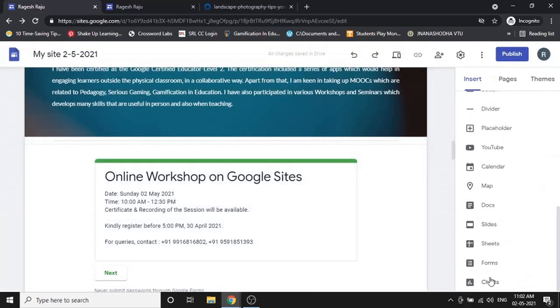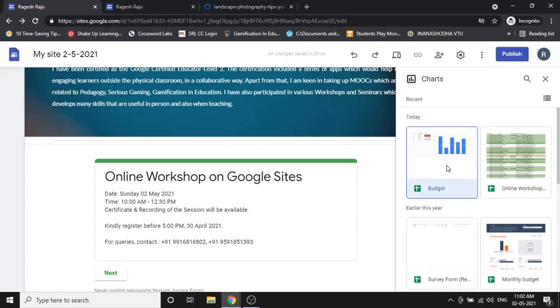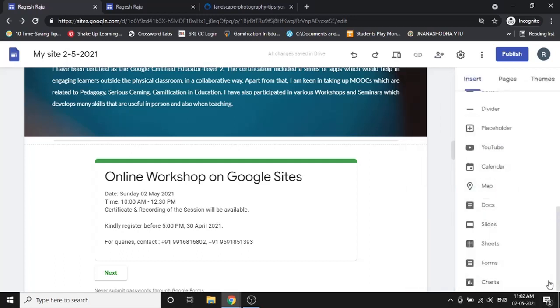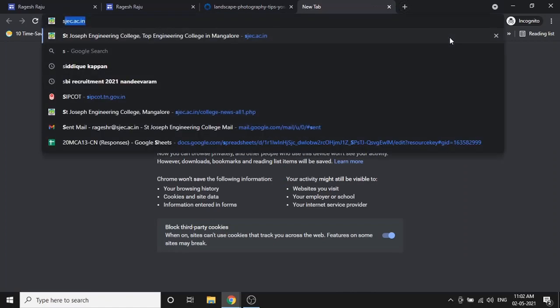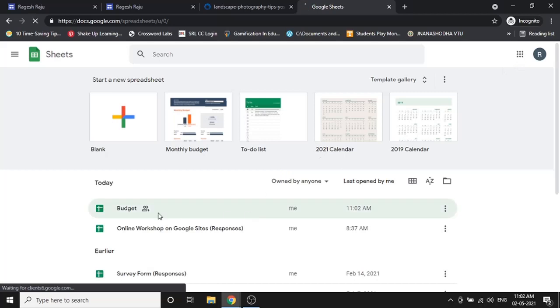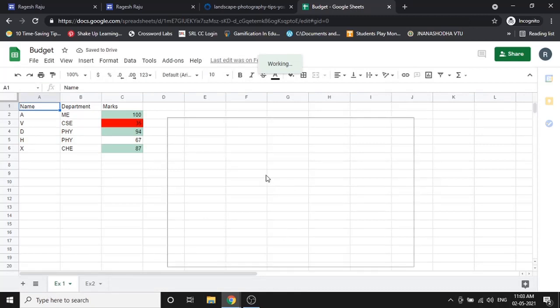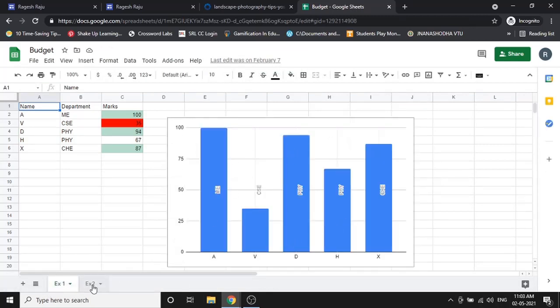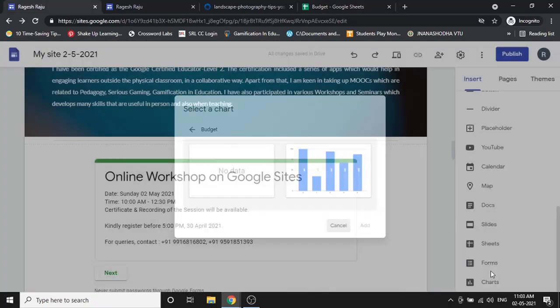Okay. Next is a chart. Just now in the sheets we have seen there are some charts which were available. So I click on charts. In the budget there is a chart. I click on insert. When I click on insert, it will show me there are 2 charts available in this particular Excel sheet. So I'll just open that sheet once again and show. So when I open the budget, in EX1 there is one chart, and in EX2 there is one more chart where there is no data, so the same thing will get displayed here. This comes when you click on chart.